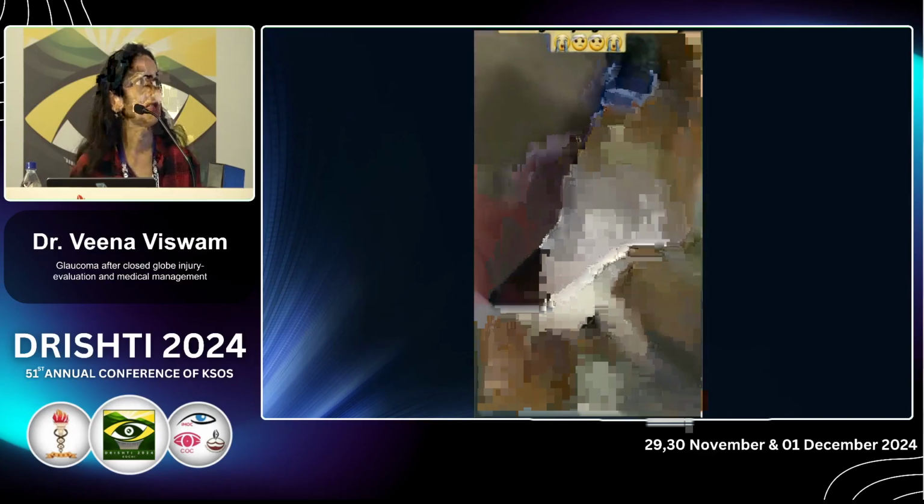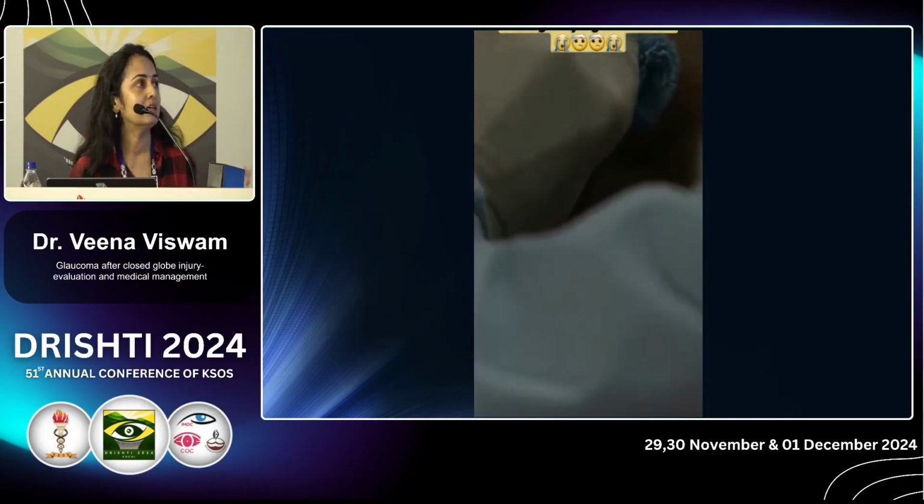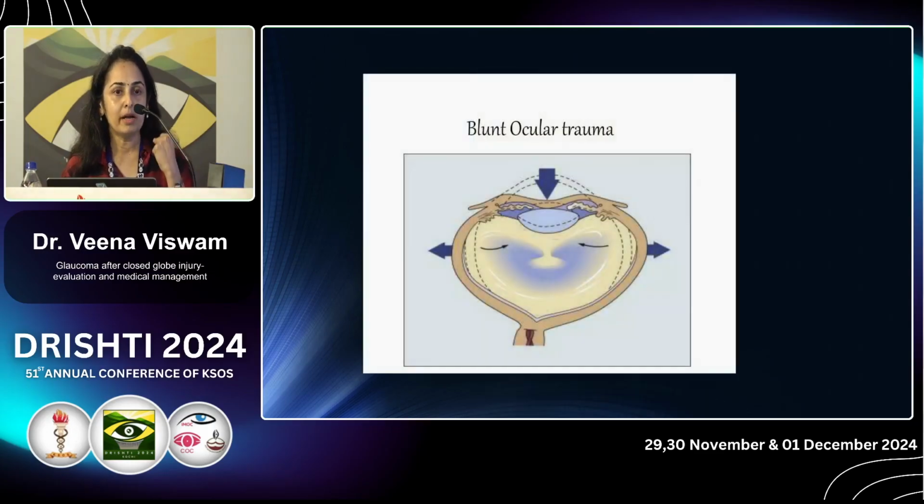All of us sitting here might have seen one or two cases with shuttlecock injuries or a ball hitting the eye, children brought to us in the OPD. And we know that blunt ocular trauma directly causes an anteroposterior compression of the eyeball, and the equatorial diameter increases and stretches the ocular cords. Almost all structures in the eye are affected, like the angle, the lens, the retina; the ocular cords may get damaged, the optic nerve may be damaged, and even orbital fractures may occur.